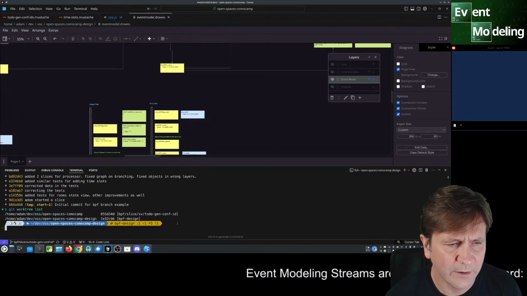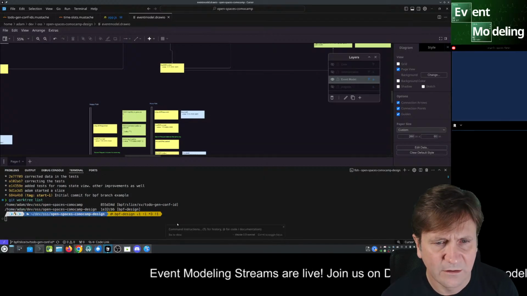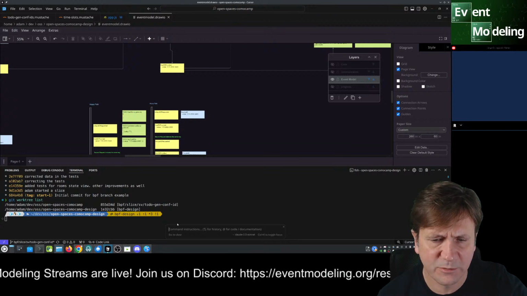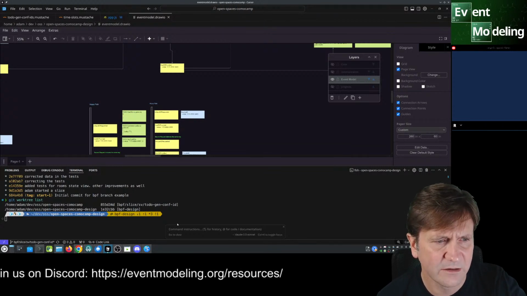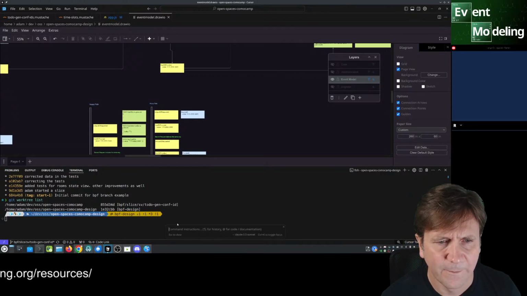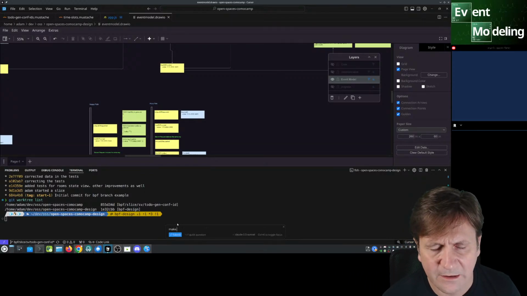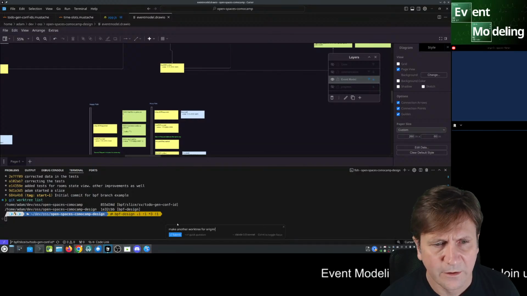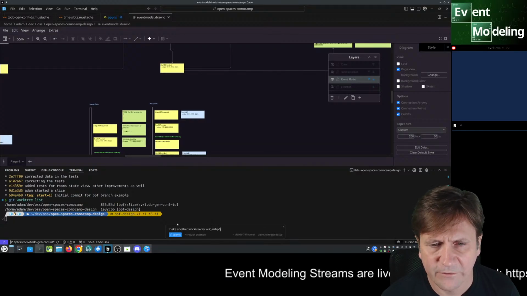I can also just ask Cursor AI to do that. So it actually knows what I did just now. It has the work tree list text. It knows that, and it knows where they exist. So I can say make another work tree for origin BPF design.